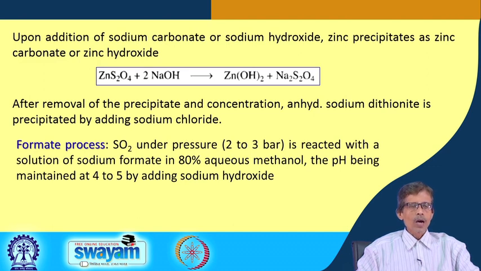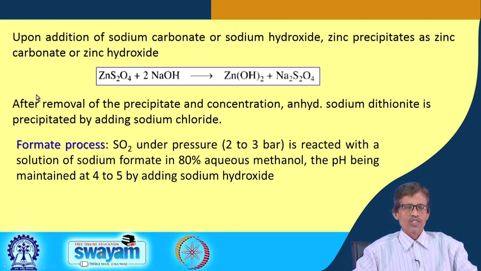So, in the formate process, SO2 under a pressure of 2 to 3 bar is reacted with a solution of sodium formate in 80% aqueous methanol, that means 20% water and 80% methanol, and pH is maintained at 4 to 5, that means it is typically a mildly acidic medium. So, in that medium the formate is a very good reducing agent for your sulfur dioxide, what we have seen in case of that previous one,